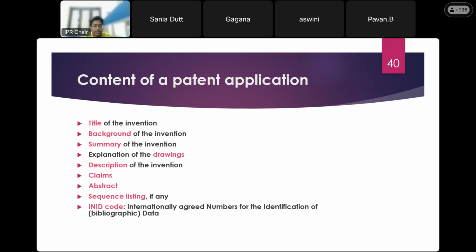And summary of the invention, so you write about what is the summary of the invention, explanation of the drawings, corresponding drawings with respect to your invention to make the patent office understand your invention, and description of the invention. You write a detailed description of the invention, like, if you are protecting a product or process or both, you